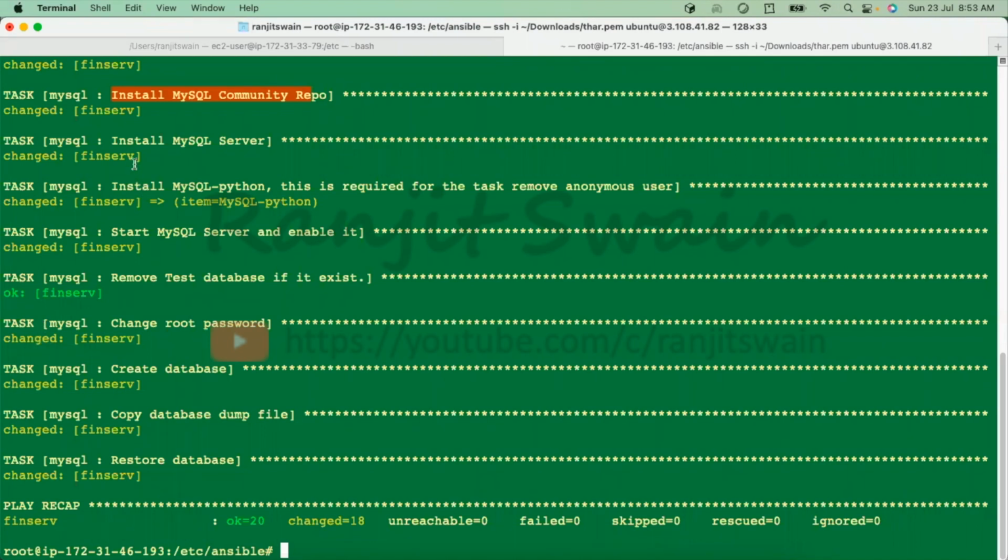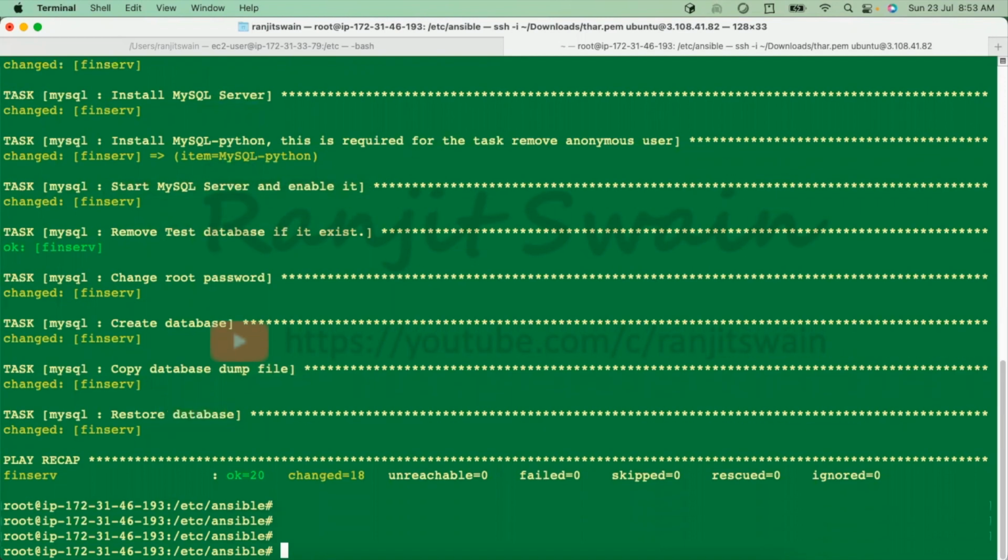So what it has done: it installed the MySQL server and started it, removed the test database if it exists, changed the root password, created the database, and copied the database dump and restored the database. That means the dump file that was copied is now imported. Now, if I open the roles for MySQL,